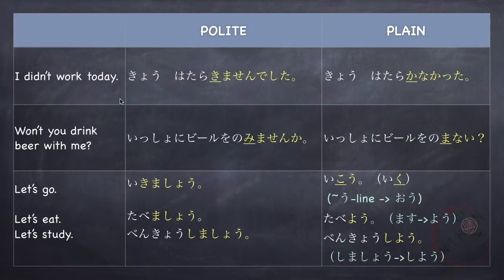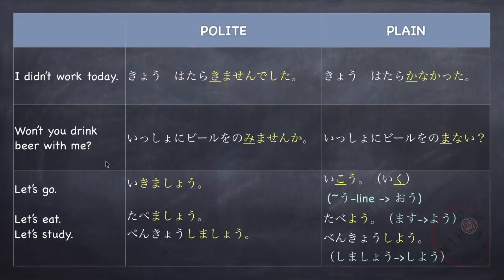So here we have a negative past statement. 今日、働きませんでした。In plain form, 今日、働かなかった。So here we changed the き syllable to か and then added なかった。働かなかった。